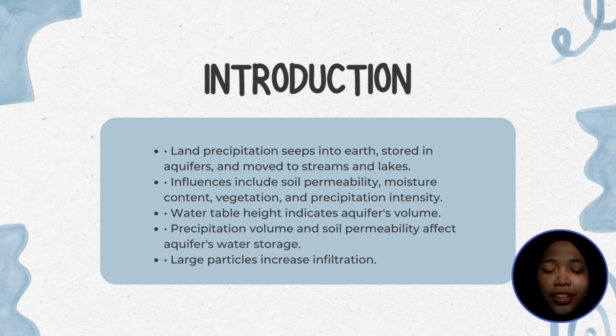Precipitation on land seeps into the earth, where it is stored in the aquifer and moved to the stream and lake. The soil permeability, moisture content, vegetation, and precipitation intensity influence infiltration. The water table height indicates the volume of water in an aquifer,